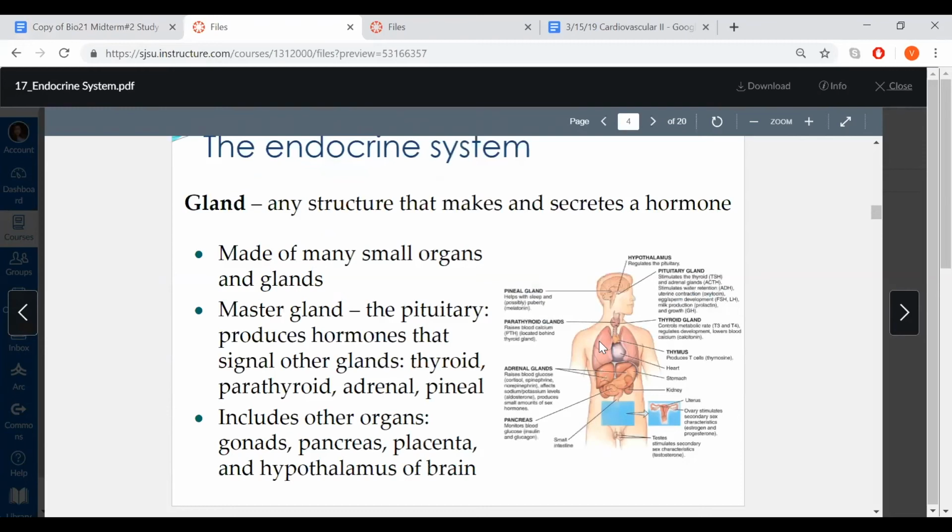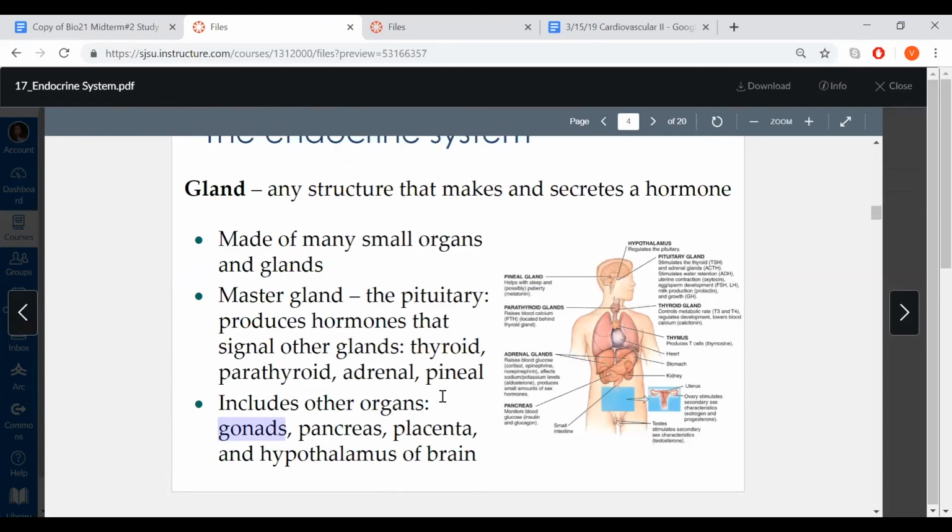Pituitary, also in your brain. Thyroid right next to your parathyroid, like here. Adrenal. There's also gonads, which is like your sex organs. Pancreas, placenta,